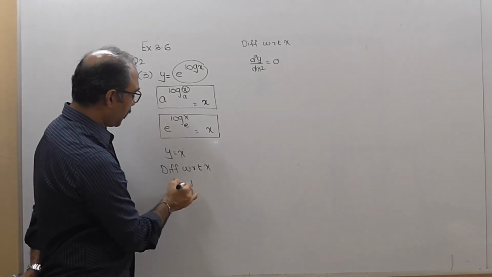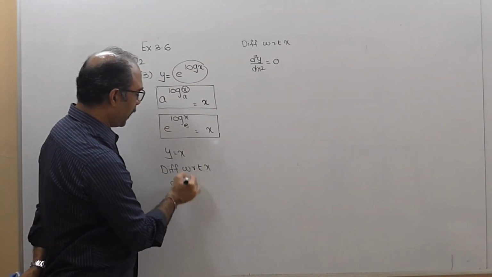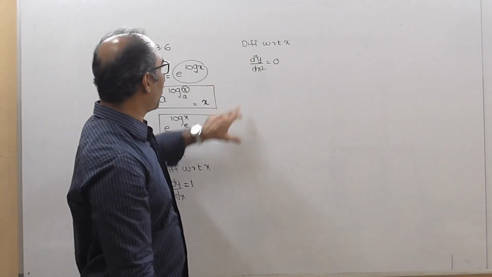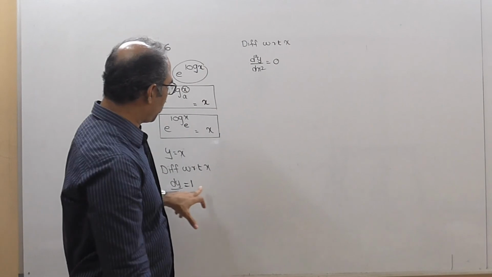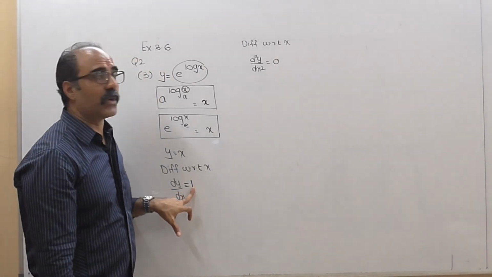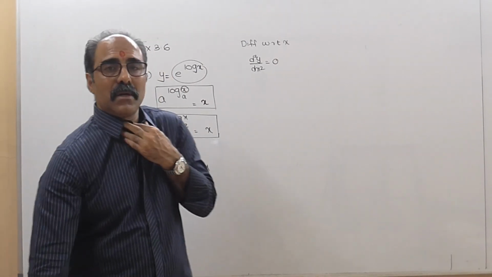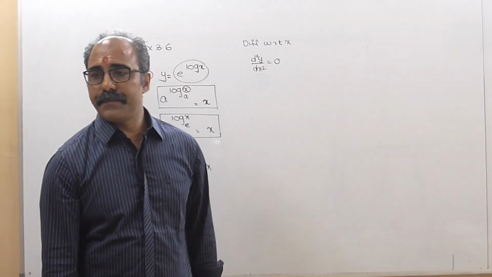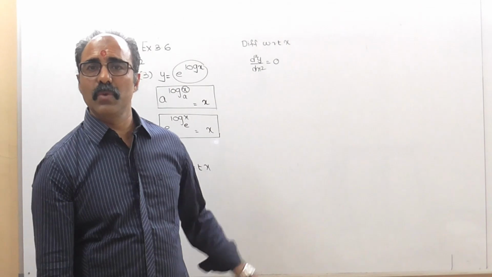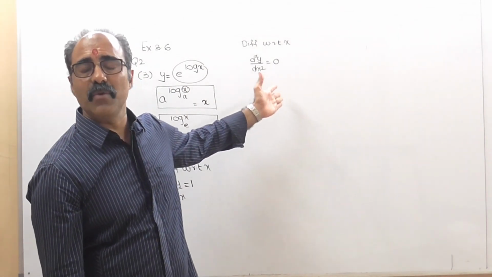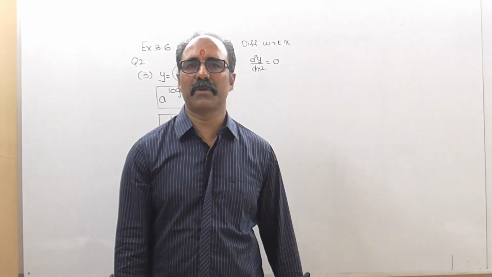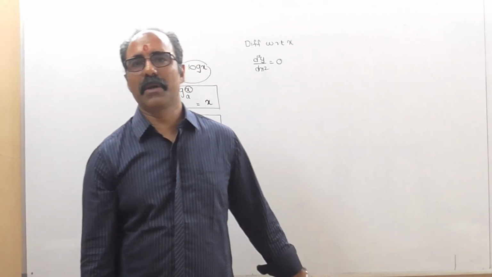You can differentiate with respect to x, and you get the value of dy by dx as the derivative of x, which is 1, and subsequently you can find d square y by dx square, which is nothing but the derivative of 1, which is equal to 0. This is a part of logarithmic application. I don't know whether you have done this formula in school, but if it comes in an MCQ, you can definitely use this method. But if it is a big sum, don't go for this method. Maybe they might not give you full marks.